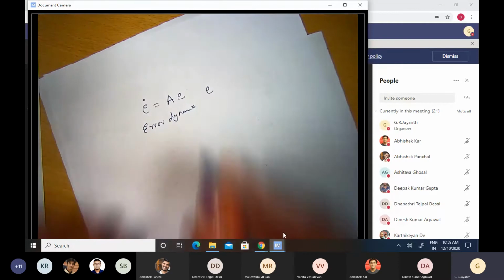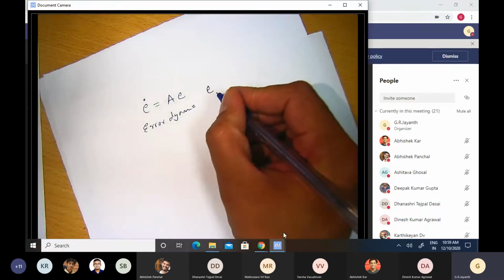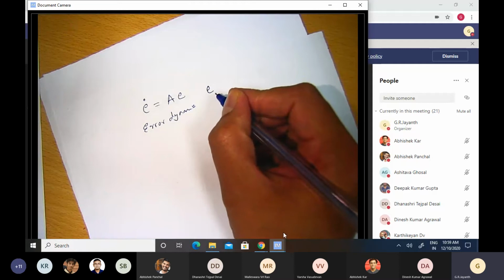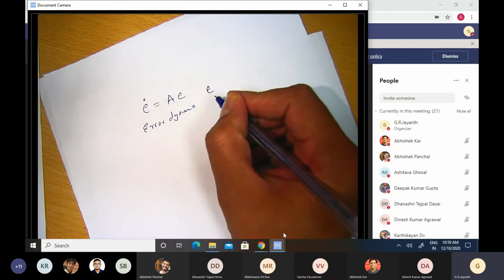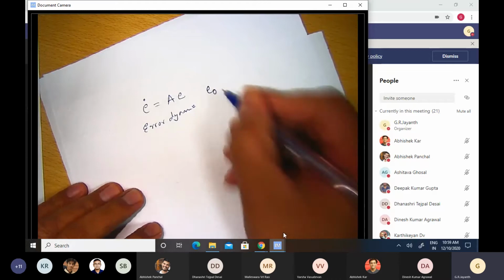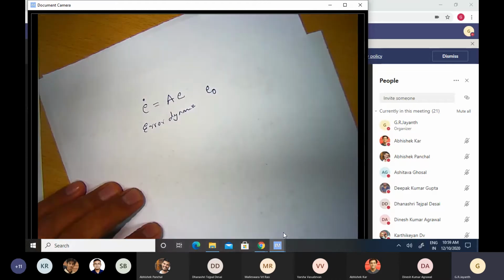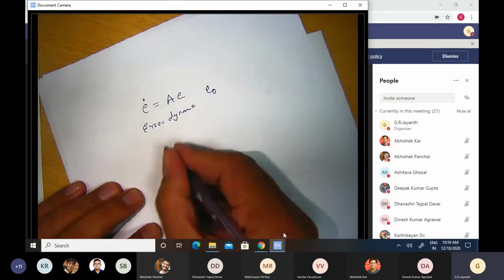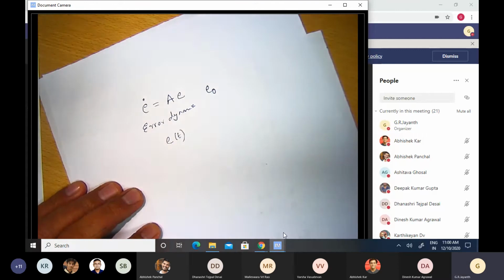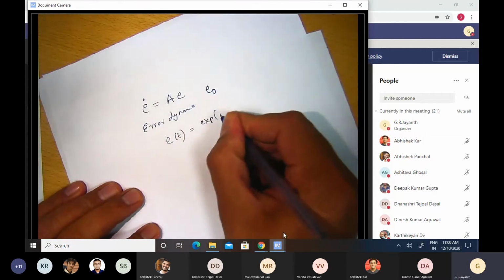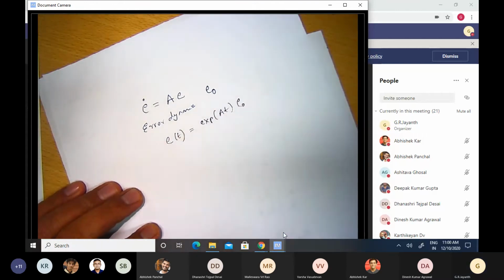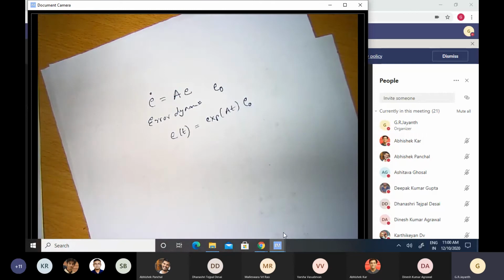Okay, and if there's some initial error, so my initial states will not exactly be x1d and x2d. Initial velocity will not be exactly what I want it to be. Initial position may also be offset from whatever I would like it to be. So initial error will be, let us say, E naught. Then how will the error evolve as function of time? E of t will be equal to exponential of at times E naught. That's the solution to this autonomous system's dynamics, right?